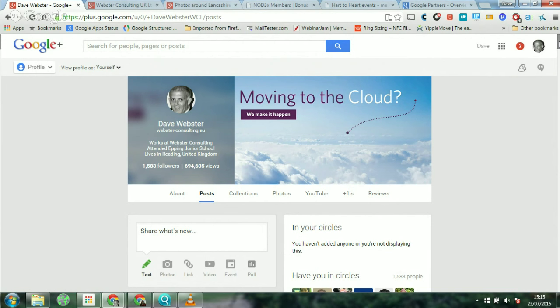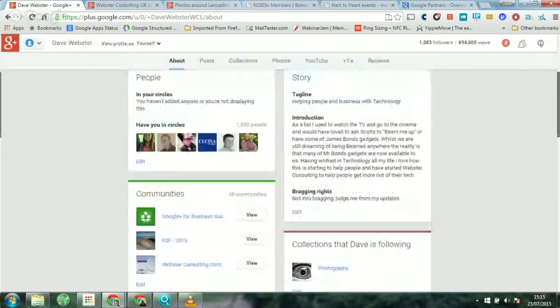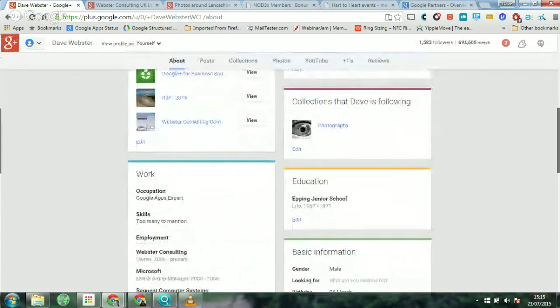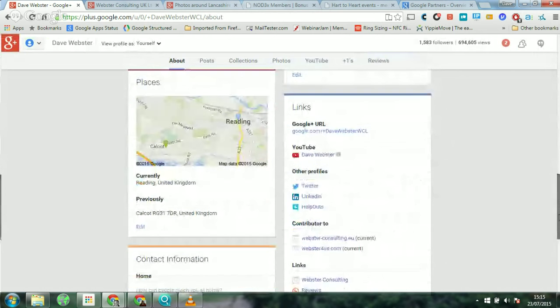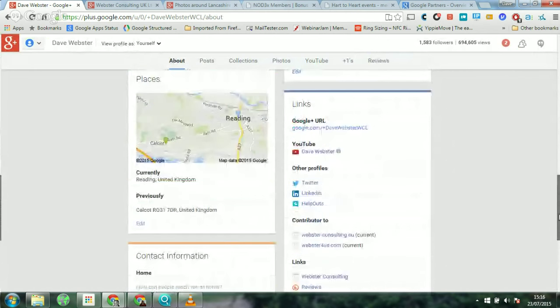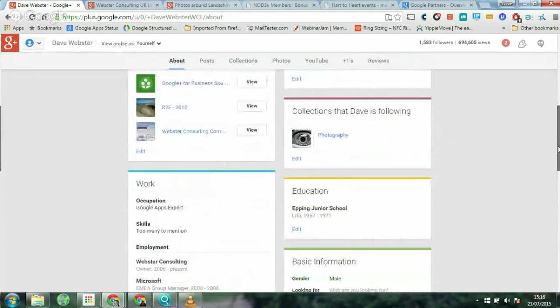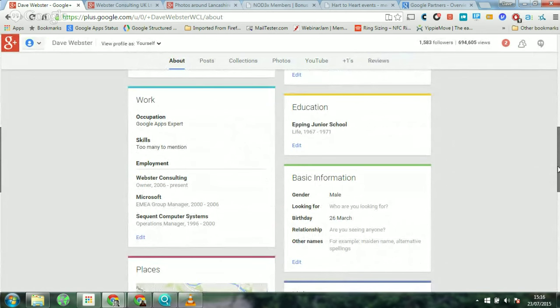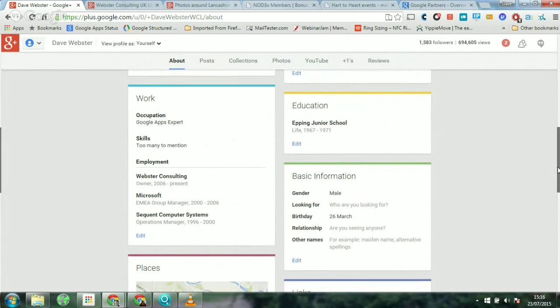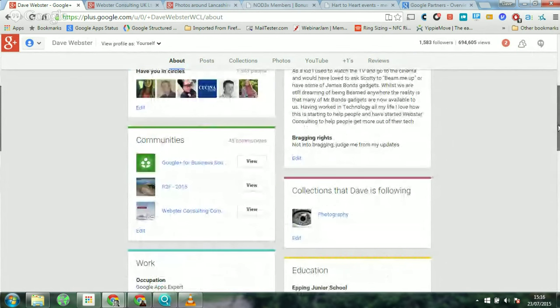But one of the things that's really key is if you look at your profile and then you go to the About section, which I've just done here, you can start to tell others a bit about yourself. So you can say as much or as little as you want to. But the real advantage of using this is not only you telling others, but you're actually telling Google. Most people use Google search to find things. So the more that you share with Google, the better it is from a business perspective that you share on